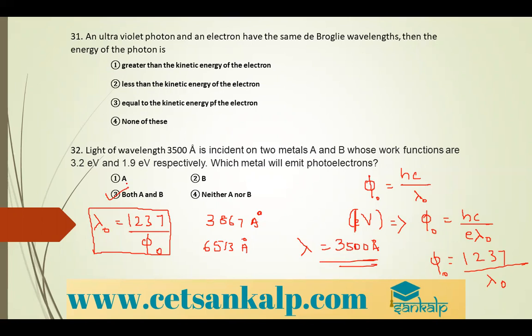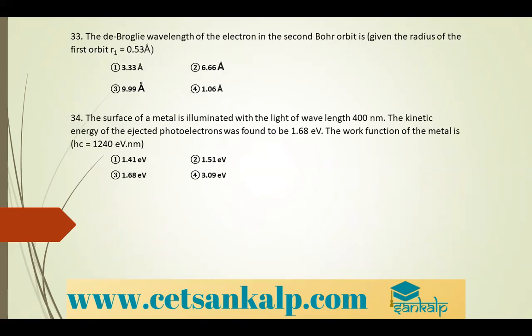ಓಕೆ, ಅರ್ಥ ಆಯ್ತಲ್ಲ ಎಲ್ಲರಿಗೂ? So next problem, the de Broglie wavelength of an electron in the second Bohr orbit is... anta kelidare. So you know the formula that